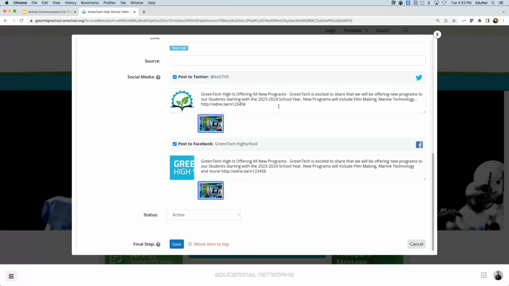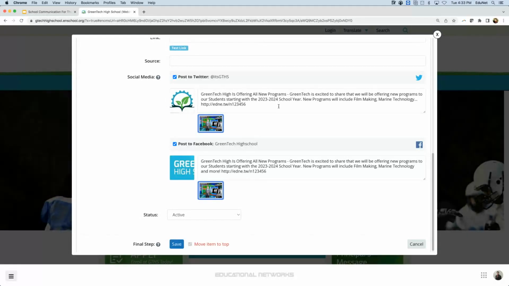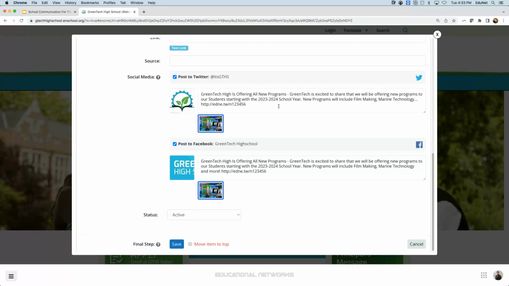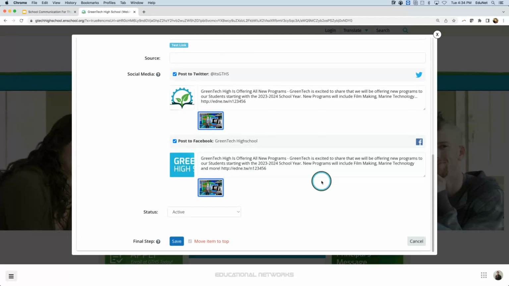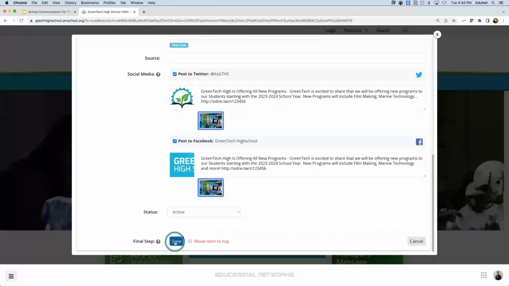Particularly for Twitter, of course, we want to keep in mind that there is a character limit. We actually start to see it come into play here a little bit right after where it says marine technology. Just something there that is important to note. But otherwise, all we do is click save,